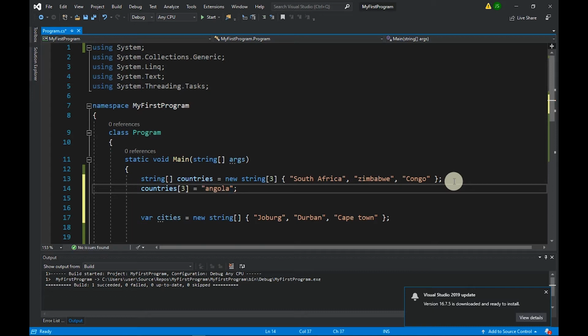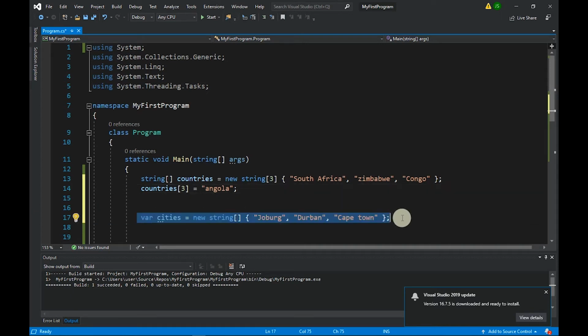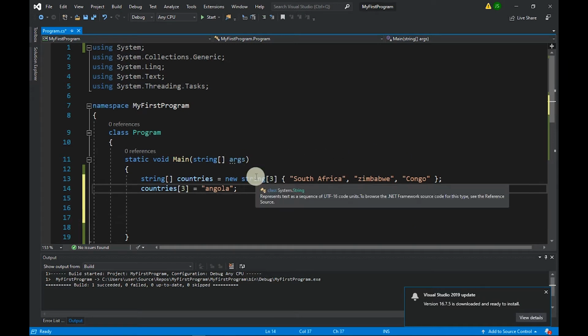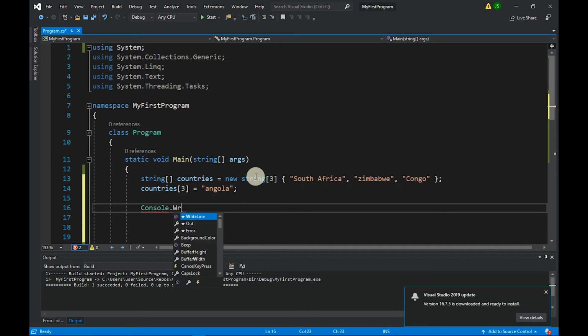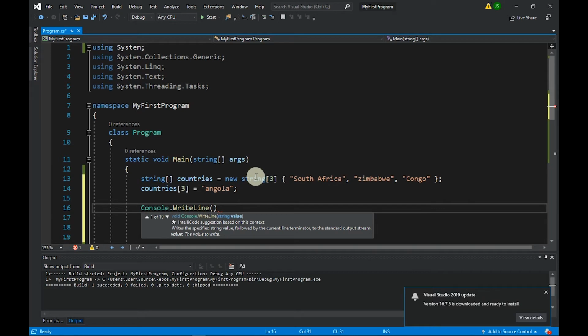Now this is going to give me an index out of bounds exception. That is an error that says, listen, you declared that the size is 3, but here you're adding another country. So if we sort of Console.WriteLine, then it's just going to give us